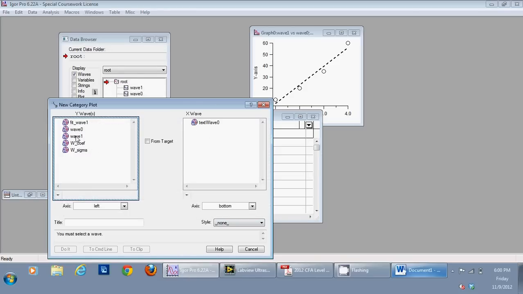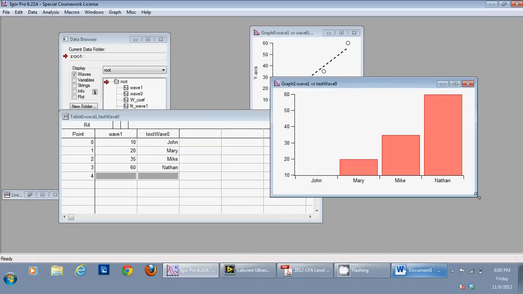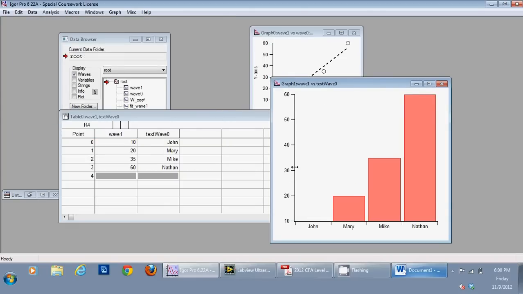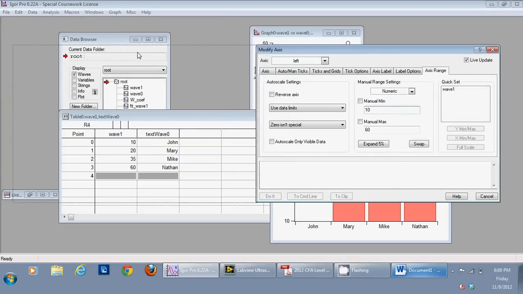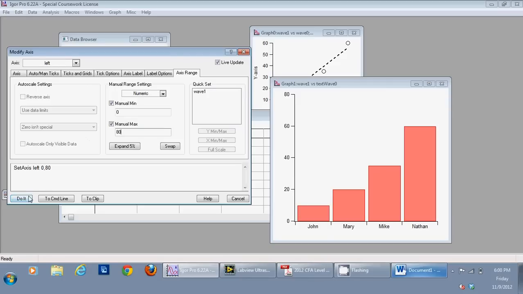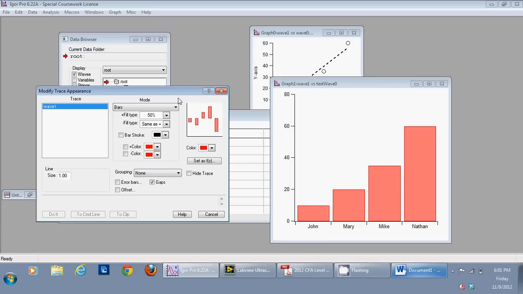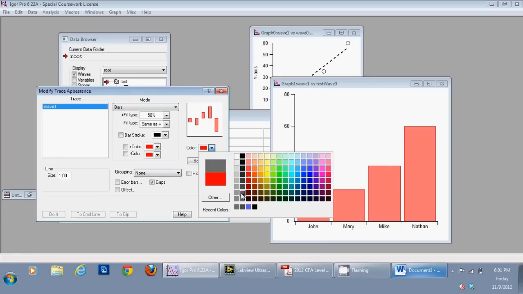So right now I don't like this graph a lot, so let's change it. So let's define the range. So I define the range here, go to manual minimum and say 0. And let's do it 80. So this is how it looks. And then let's double click on this and change the graph size. So let's make it this, or maybe this, and then